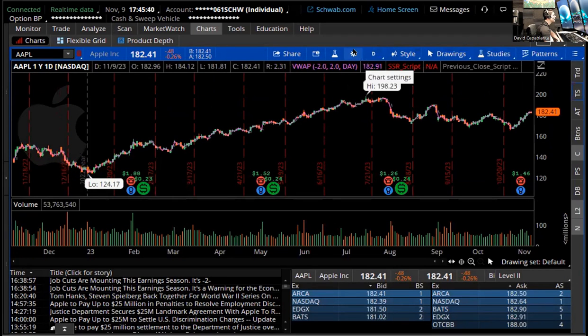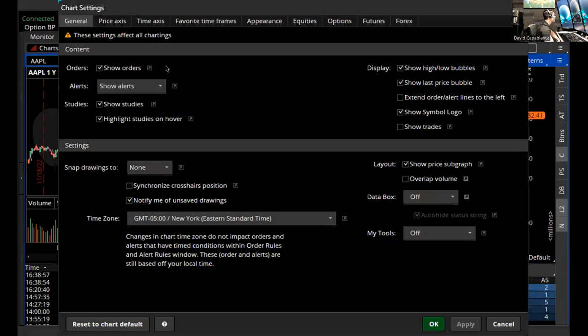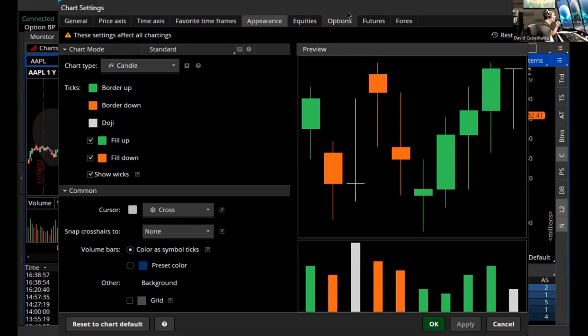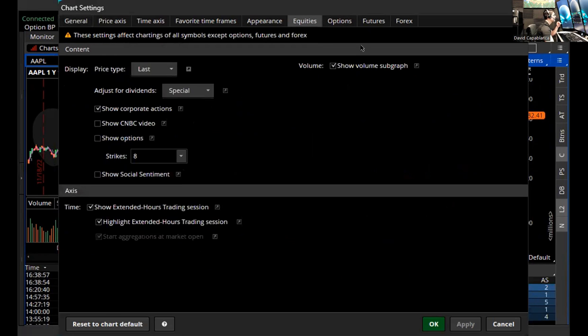Studies. Oh yeah, this settings, chart settings. So chart settings. The first thing is a lot of you guys are missing the volume section in this. So here, this is important. This took me a while to find out. But if you don't have this